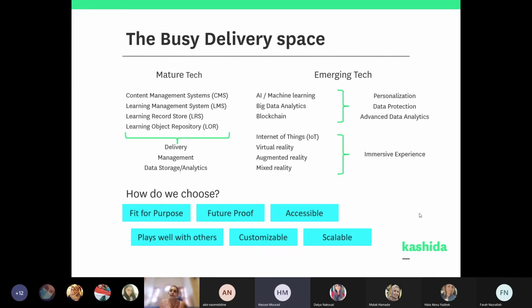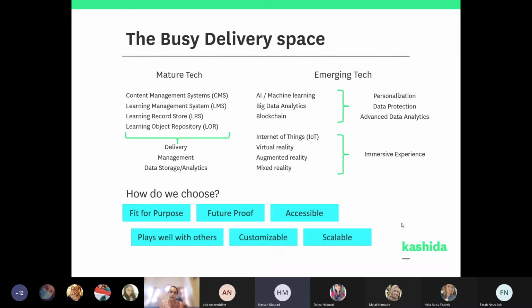Accessibility is very important now and gaining a lot of importance, because we need to make online content accessible not only to people with special needs, but on multiple different devices, to learn on the go. You want to see things on your mobile phone, and you want your course to run easily there.